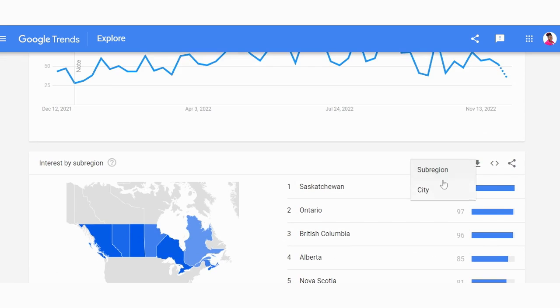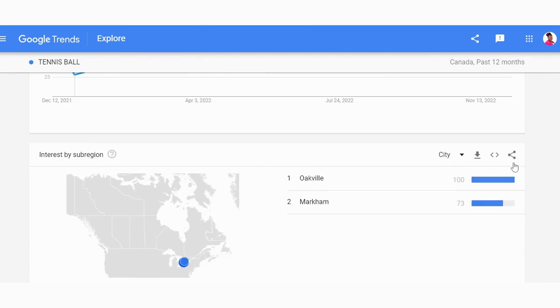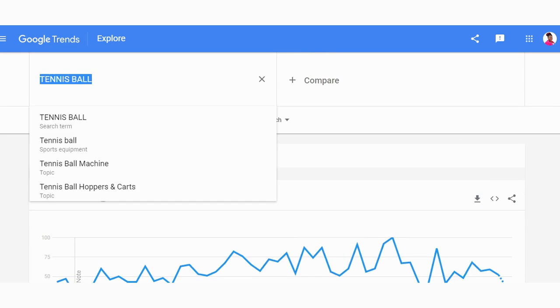So it shows you on there. If it's an uptrend, it shows that the demand is going up. And if it's declining, that means no one is interested in that product anymore, right? So this will save you so many headaches down the line, because you're going to be choosing those products that are in demand, and Google Trends will help you to show what products are in demand that you're planning to sell. So you just type it in and it will tell you what is in demand.